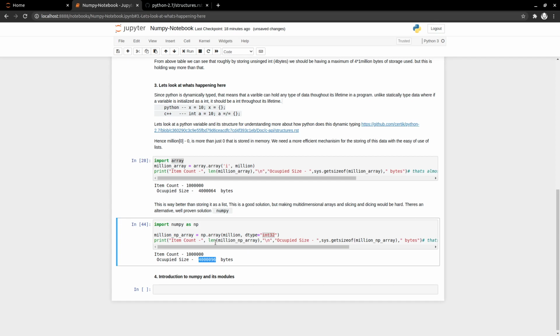So this is the basis of why we need NumPy and how it fits into this larger picture, because in TensorFlow each tensor is nothing but a NumPy array. In the next one we will look into what all features NumPy supports, and then we'll go ahead with that. Yeah, thank you.